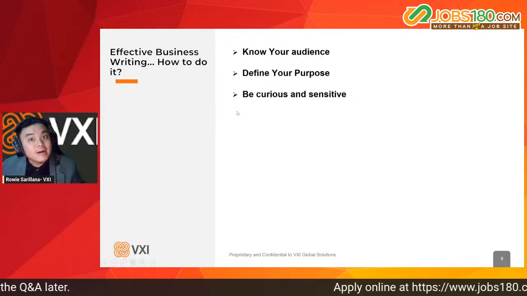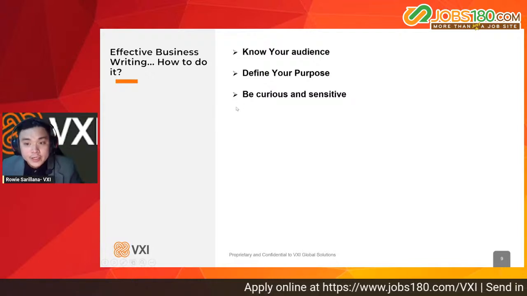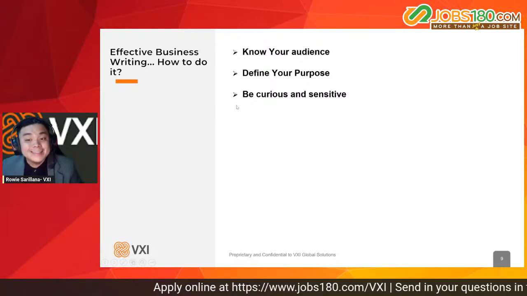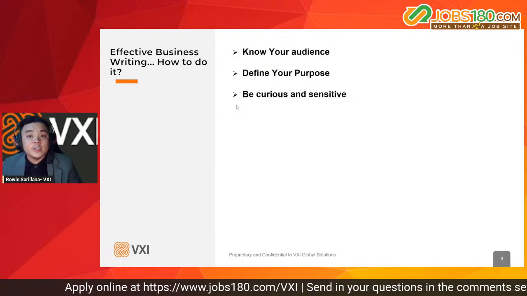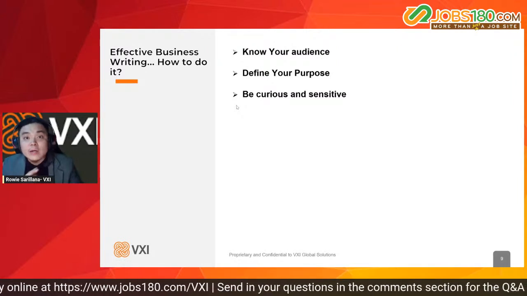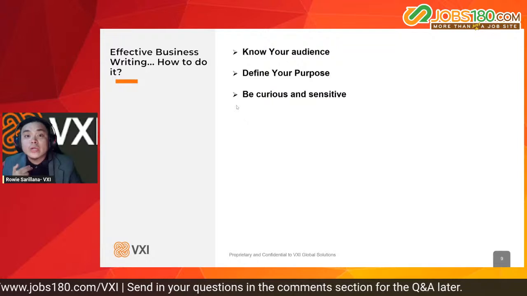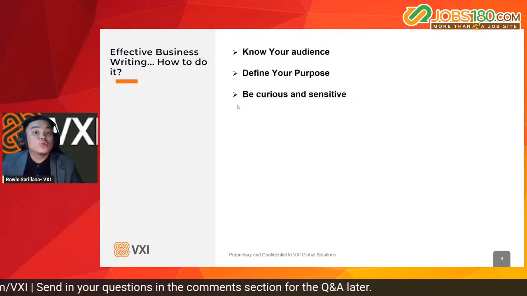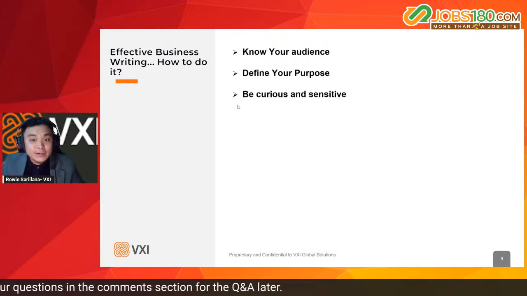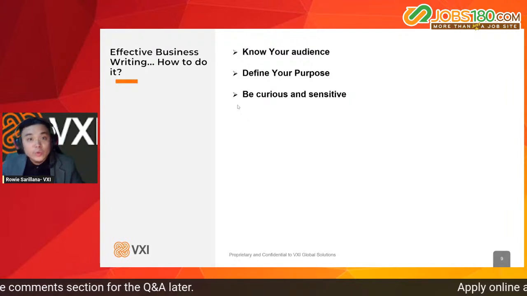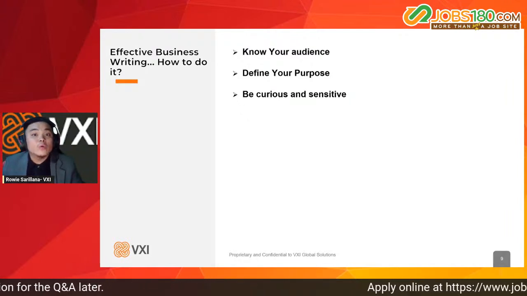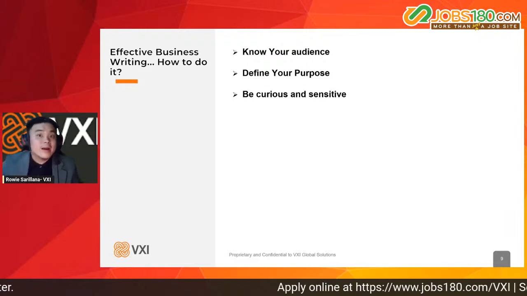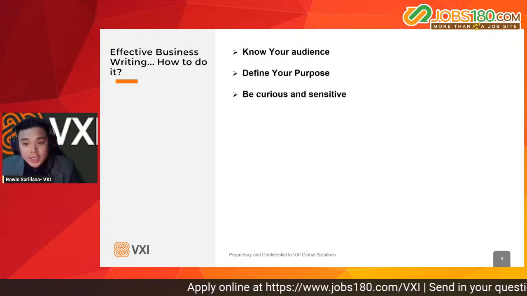Right? Next, be curious and sensitive. When we say curious, ano ba yung gusto ko pang matutunan na gusto ko rin matutunan nung kausap ko? Ano ba yung gusto kong malaman na gusto ko rin malaman niya? Alright? Para calibrated kayo. Again, curiosity kills a cat. Yes? So again, it applies here. Next,